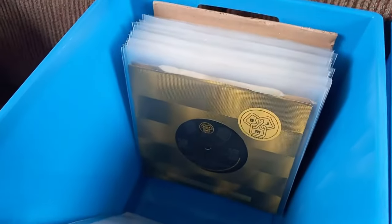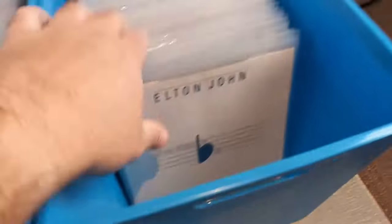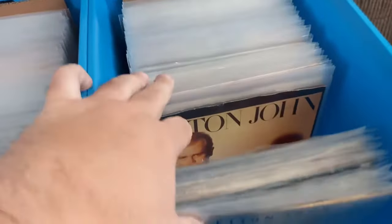But anyway, yeah, that's how I do it. I have sort of the best condition copy first. Picture sleeves. Picture sleeves are all original. I know